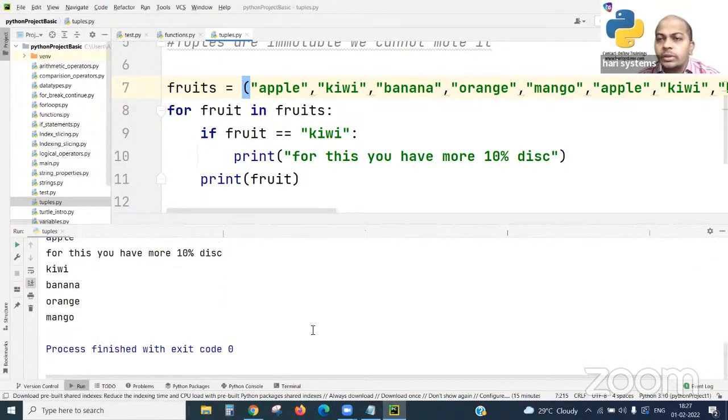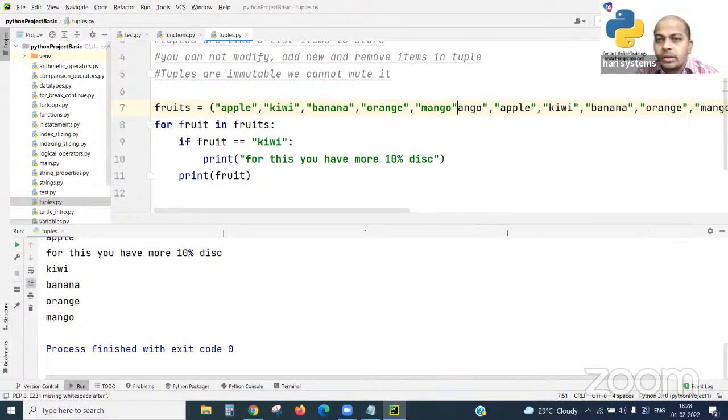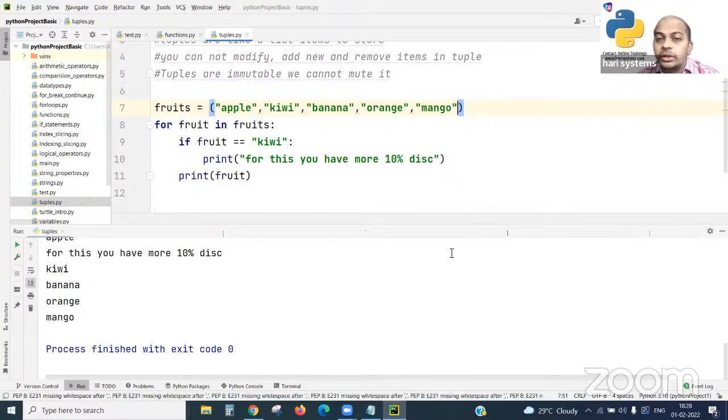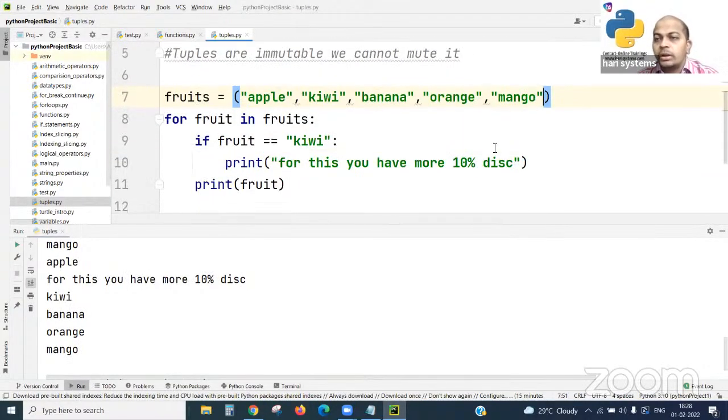You need not worry about it. The loop will take care. The loop knows how to run. You can add many items and much data. Whenever you are dealing with loop statements, you need much more data. Then only you will understand the concepts more informatively.